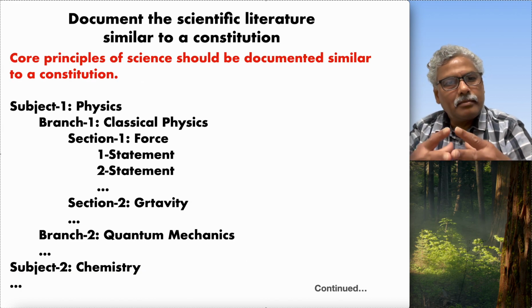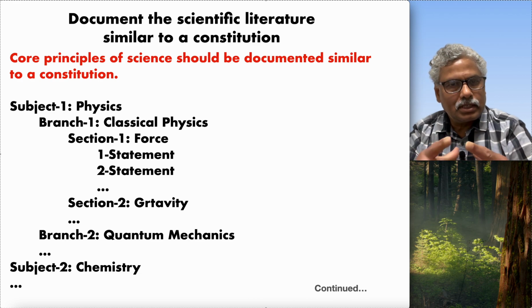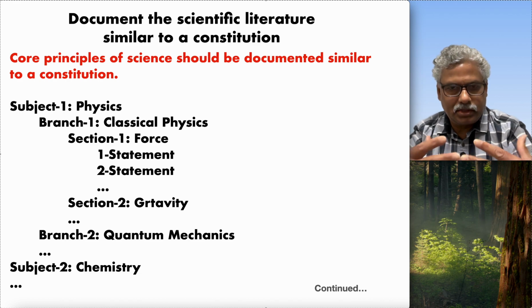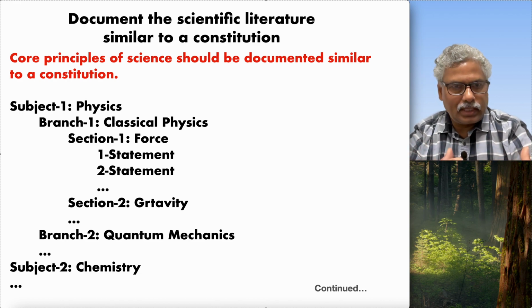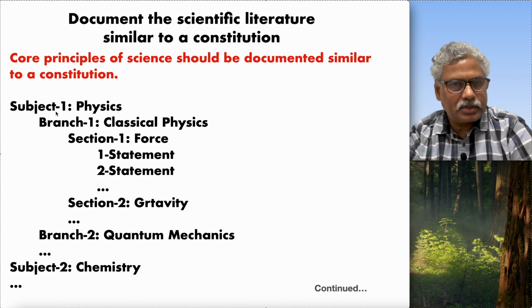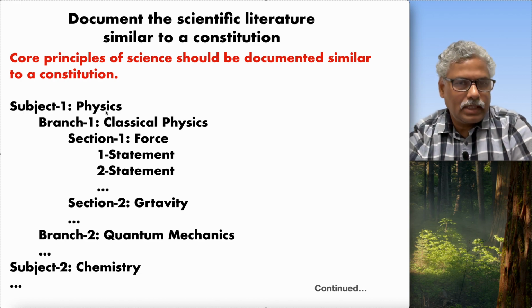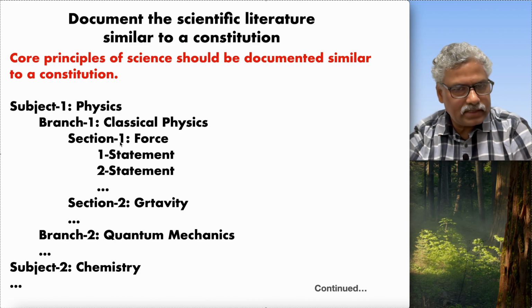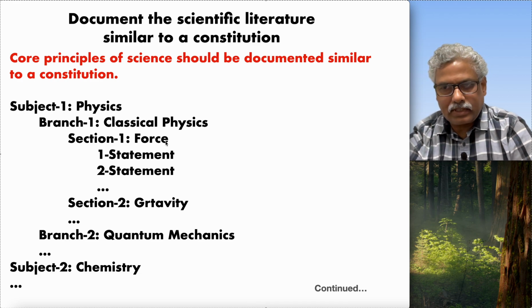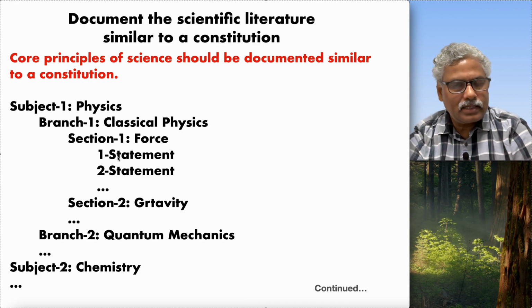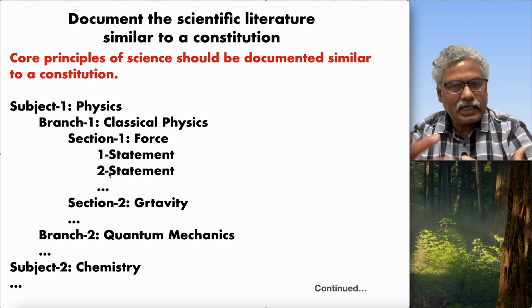So my proposal is that the core principles of science should be documented similar to a constitution. For example, subject 1 is physics, and subject 2 is chemistry. Under subject 1, we can say branch 1 is classical physics, and then there is a section, which we can call force. And under that we have different statements that